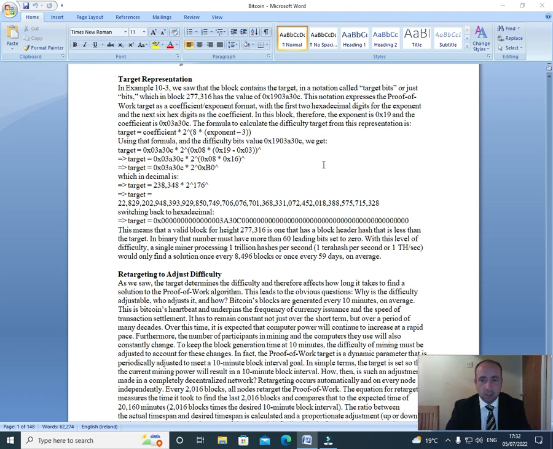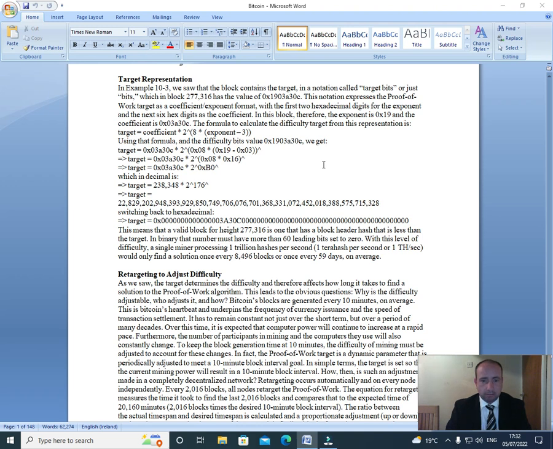This notation expresses the proof of work target as a coefficient-exponent format, with the first two hexadecimal digits for the exponent and the next 6 hex digits as the coefficient. In this block, therefore, the exponent is 0x19 and the coefficient is